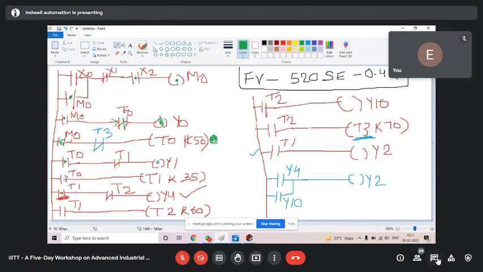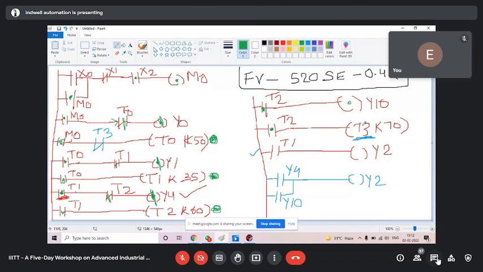Y1 is on. T0 is on, this timer is running, and its done bit has come. As its done bit comes, this is off. Now T1 is on, so Y4 is on, this timer is running and its done bit has come. So T2 has come. T2 will break this and it is off. Now T2 has come, Y10, T2 has come, Y3.